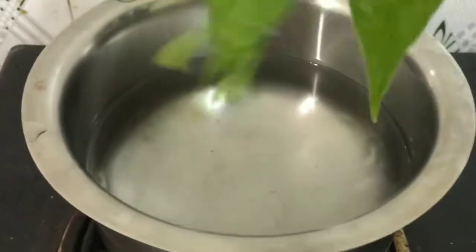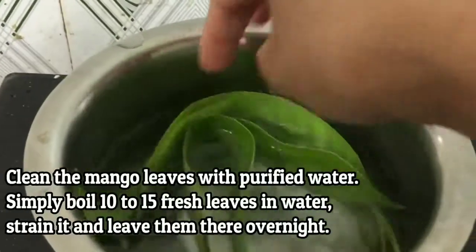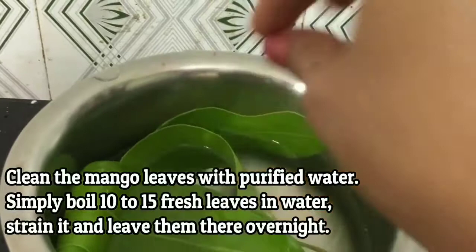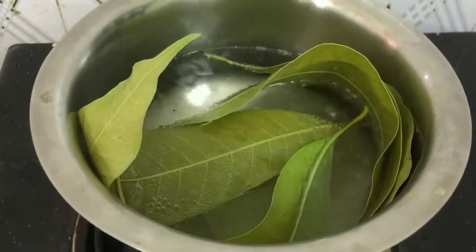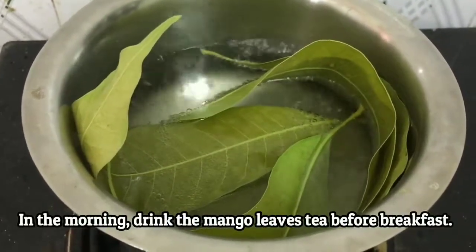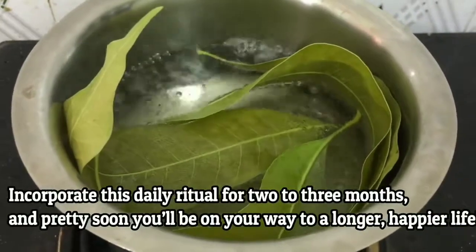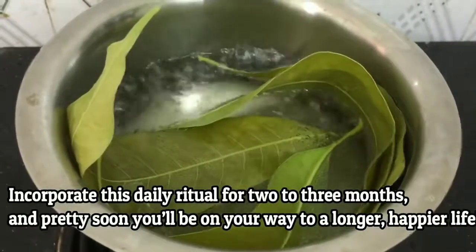Let's see the remedy. Clean the mango leaves with purified water. Simply boil 10 to 15 fresh leaves in water, strain it, and leave it there overnight. In the morning, drink the mango leaves tea before breakfast. Incorporate this daily ritual for 2 or 3 months and pretty soon you'll be on your way to a long